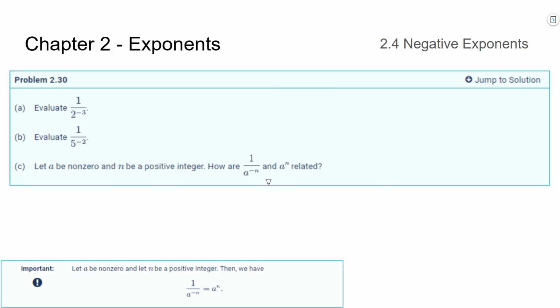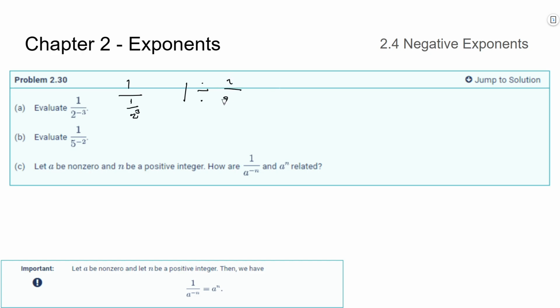All right, give these a shot. Go ahead and pause and give these expressions a shot. All right, so first one here, evaluate 1 over 2 to the negative 3rd. All right, so this is going to be a reciprocal of a reciprocal, right? So we write this out, we're going to have 1 over, well, 2 to the negative 3rd is going to be 1 over 2 to the 3rd. So this is going to end up being 1 divided by